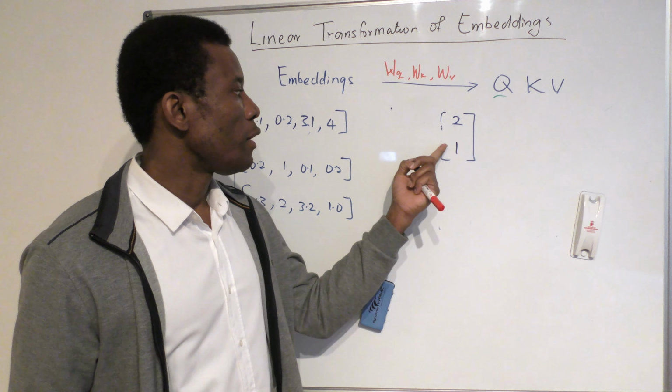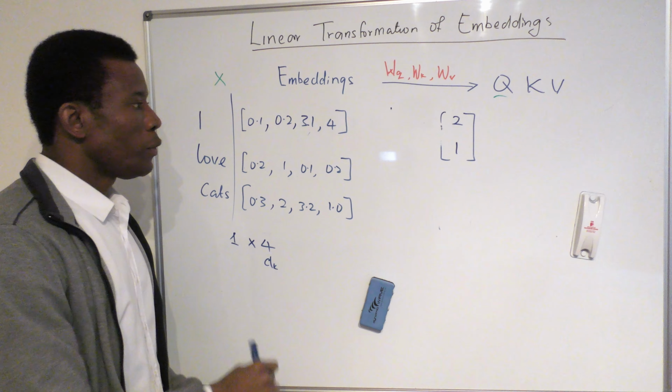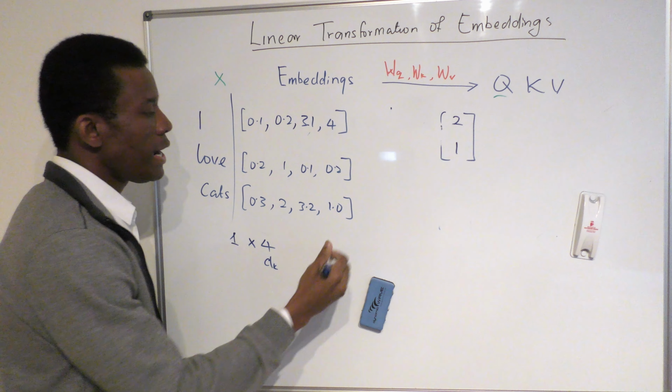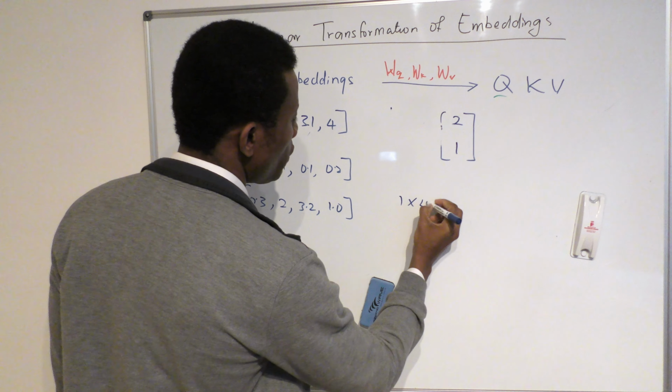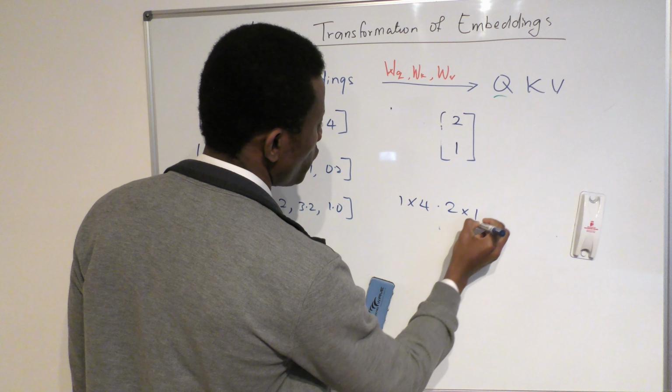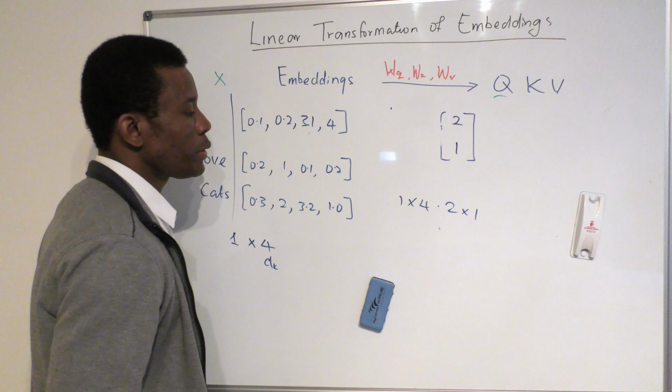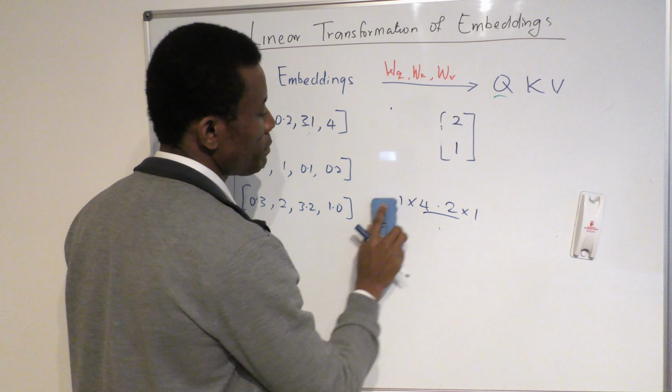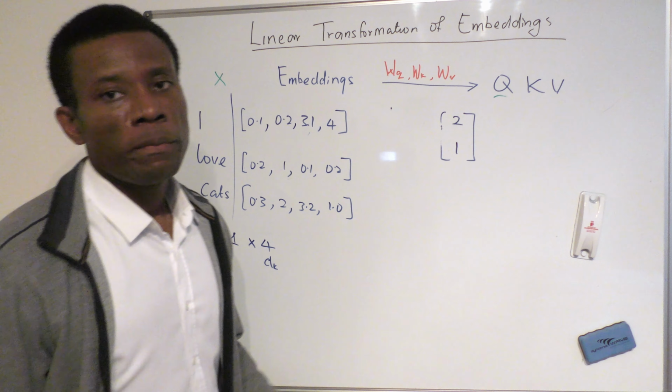What do you think? Will we be able to do this operation? So we have 1 by 4 dot 2 by 1. We cannot perform this operation because the internal dimensions don't match. So what it means is we must have